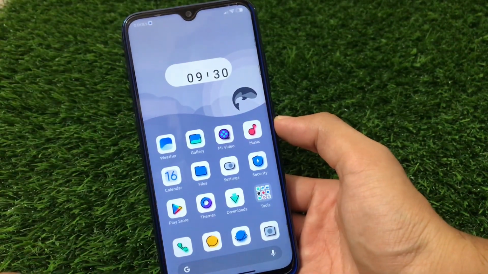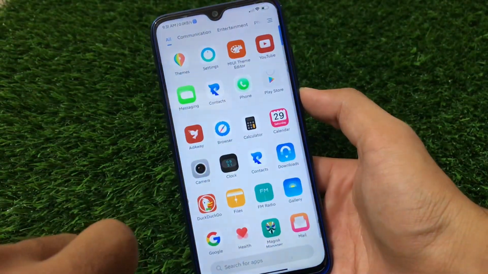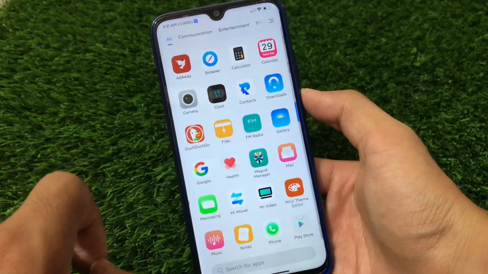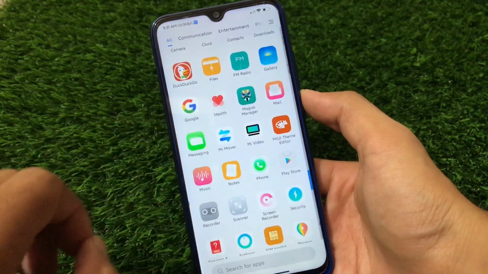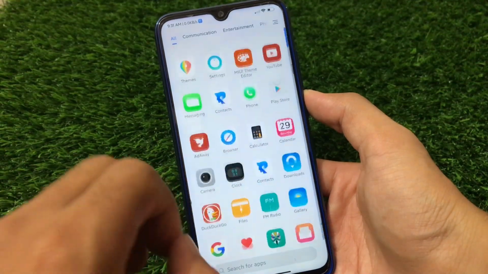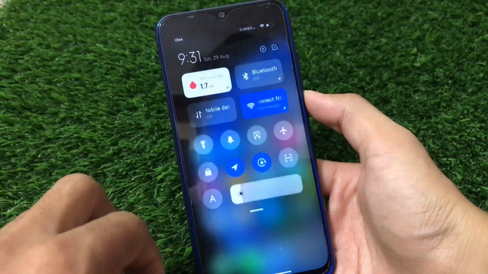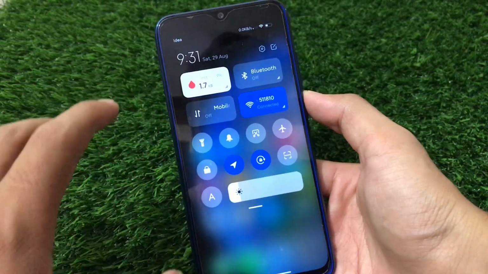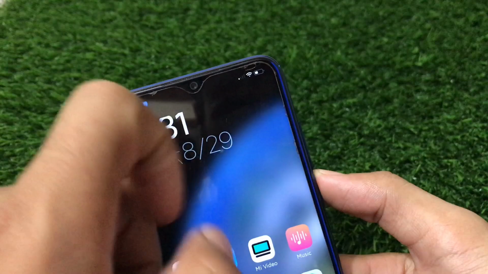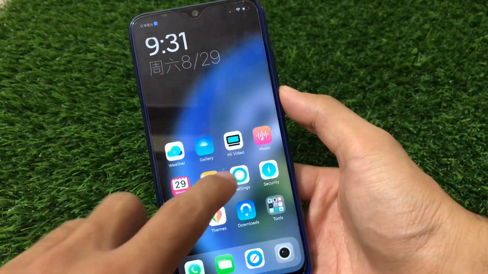Now let's move on to our second theme in our list. Guys, the second theme in my list is this one, which has a blurry wallpaper everywhere. The icons look interesting. Some icons look very cool, like the contacts icon, the Mi Video icon, the phone icon, screen recorder, scanner, the themes icon. These icons look very interesting. This is the default gradient wallpaper kind of thing. If you talk about the quick settings and the notification control center, there are no changes at all. But the normal status bar icons look very interesting, and all other things are the same, no new changes here and there.